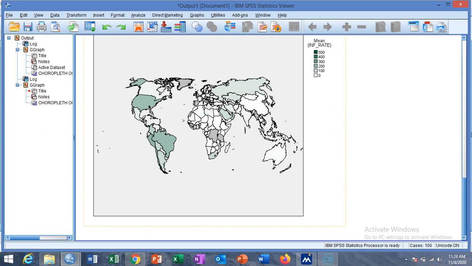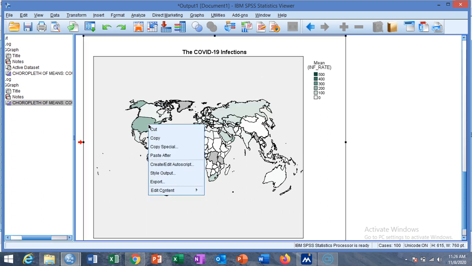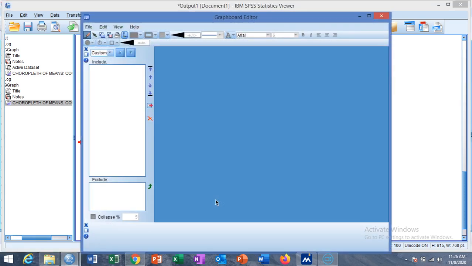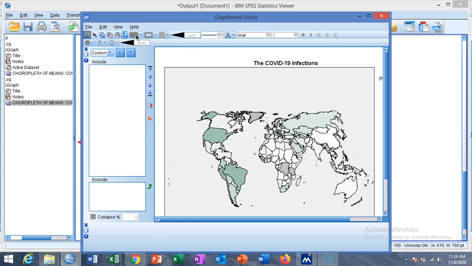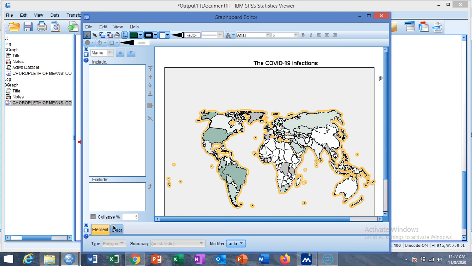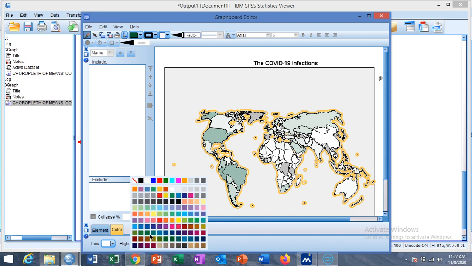If you want to edit colors or change the colors, then you can go to the option of edit content, and then in a separate window, you can choose the color. Click on this, double click on this, and then choose the color using the color button.